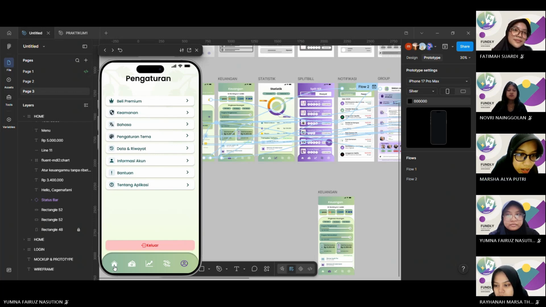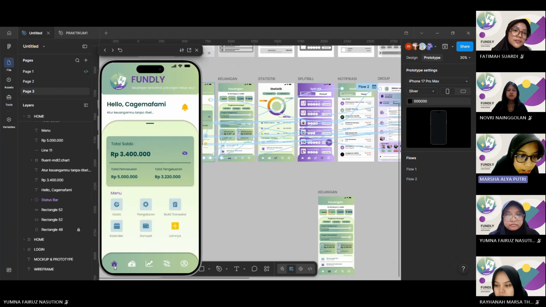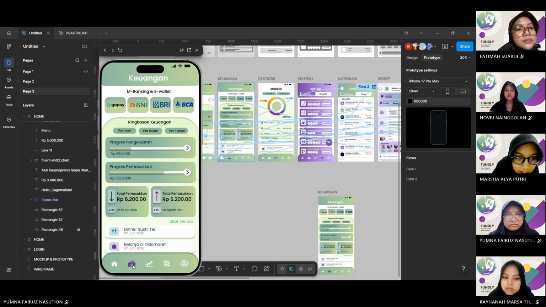below the application, we have the home bar, transaction bar, statistic bar, split bill bar, and profile bar. If we click, you move to the transaction page like this.